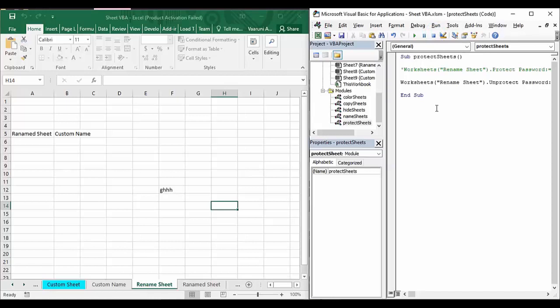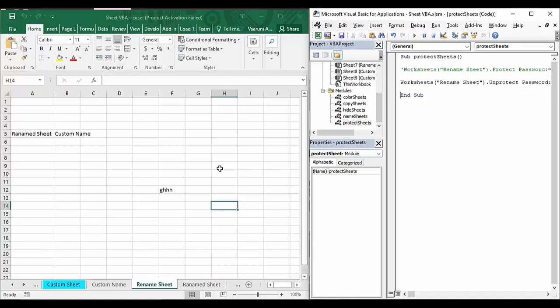and if we try to again execute it, then what happens is simply press F8 from your keyboard, again F8 from your keyboard, and again F8 from your keyboard. You get no error, but instead in the rename sheets you can see that all this tab is now visible, is now enabled, which means yes, you can perform any kind of editing that you want, which means yes, your sheet is now unprotected. And again you can press F8 to bring yourself out of the macro protect sheets, and that's how you can protect a sheet.